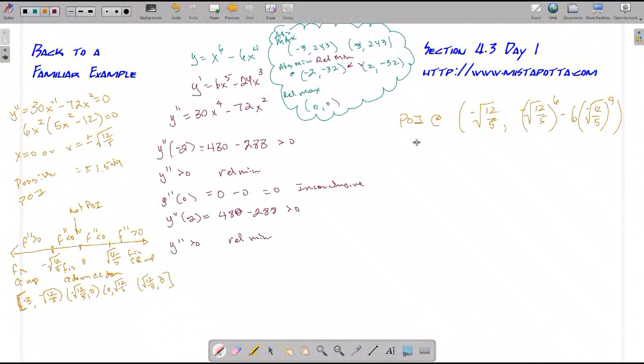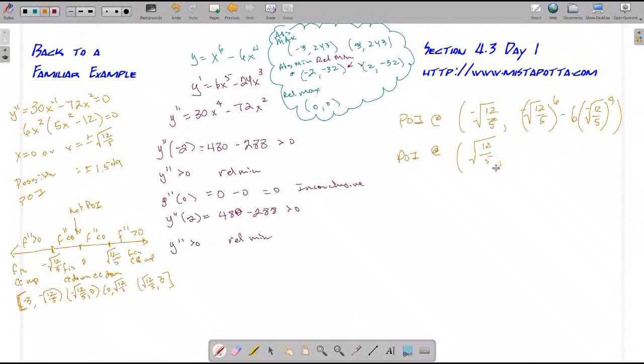And so I know that I have a point of inflection at this point. I know that my concavity changes here as well. So I know that I have a point of inflection at this point, this positive root 12/5,